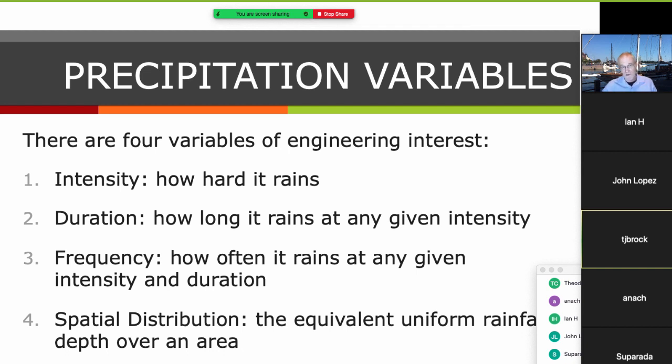So the first three we can answer in a point precipitation sense. Literally, if we have a rain gauge and it's been out for enough years, we can come up with empirical estimates of the first three features of interest. The fourth one requires,